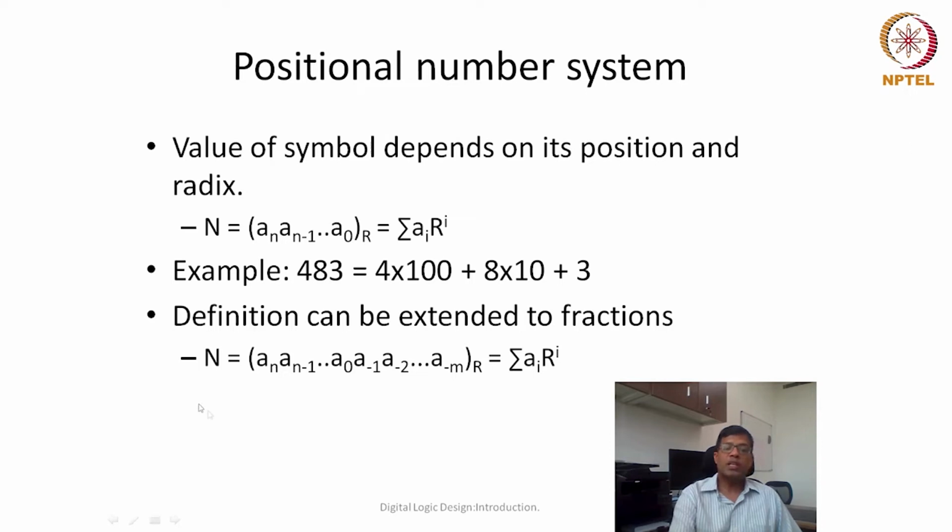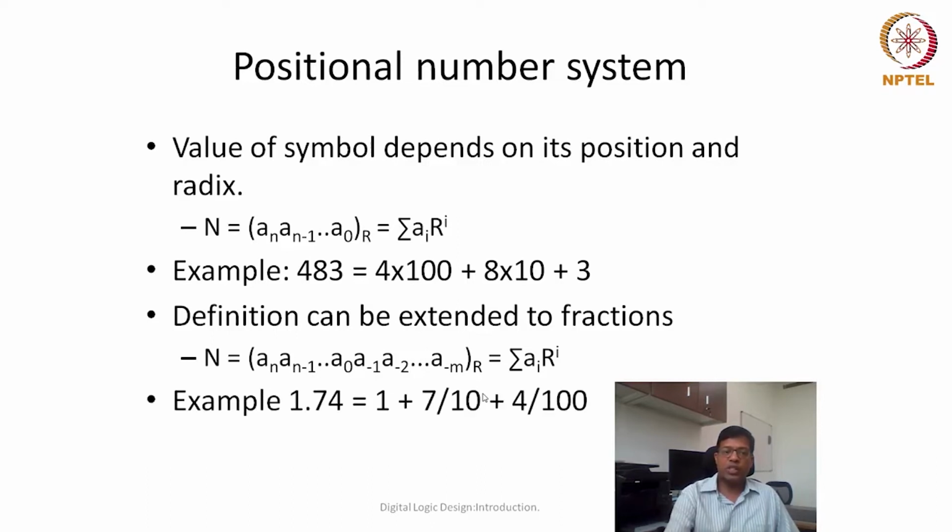So here in this number there are n plus 1 digits before the decimal point and m digits after the decimal point, but the formula still remains the same. The most important thing is that the decimal position is the pivot point where you start counting your radix power. For example, if I would like to look at any number which has a decimal, let's say